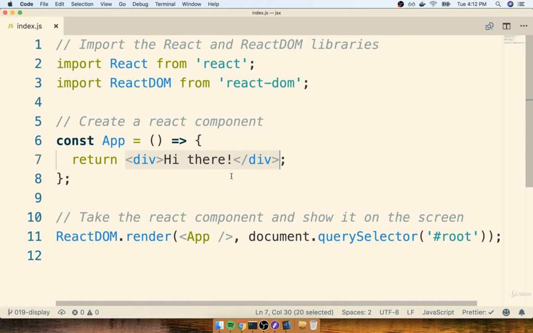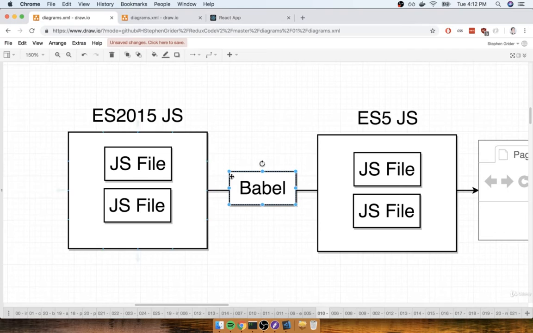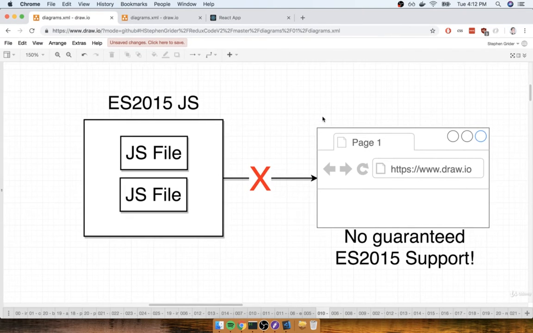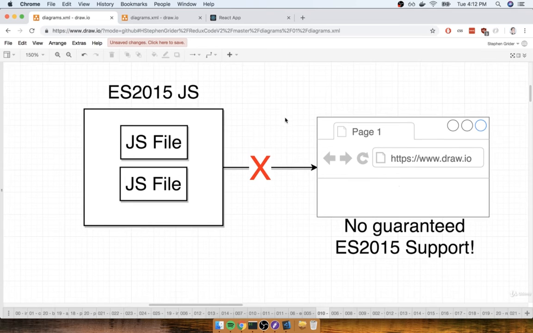When you look at this stuff, as I've said many times, it looks like HTML, but in reality, it's not. It's not HTML at all. I want to give you a quick reminder about something we spoke about a little bit ago. When we write ES 2015 code, which you and I like to do as developers, we do not ship it directly to a user's browser, because their browser might not have ES 2015 or 16 or 17 fully supported.